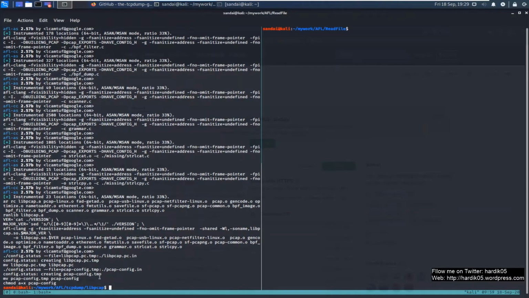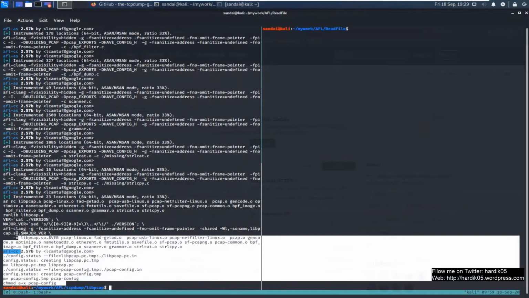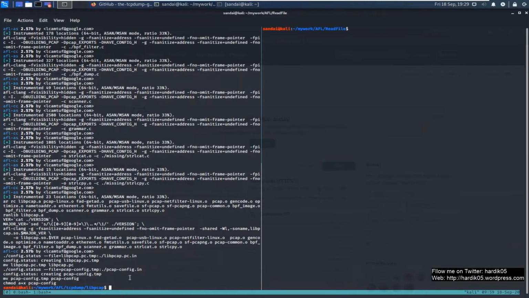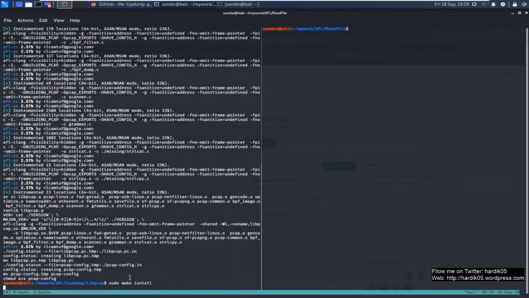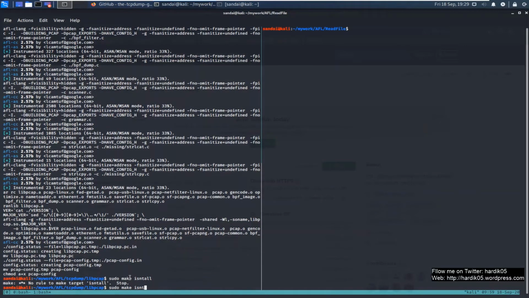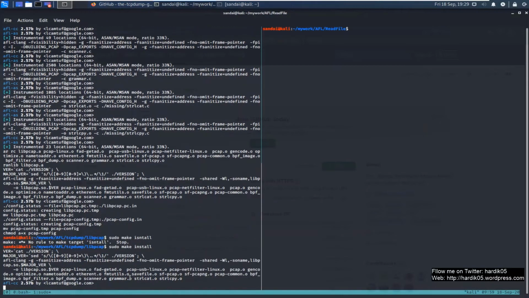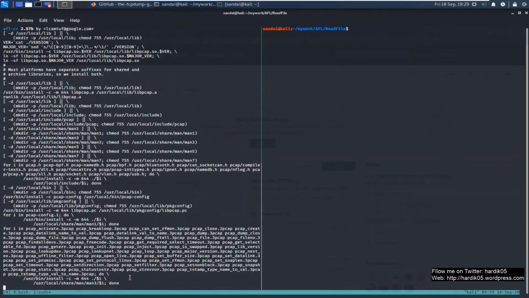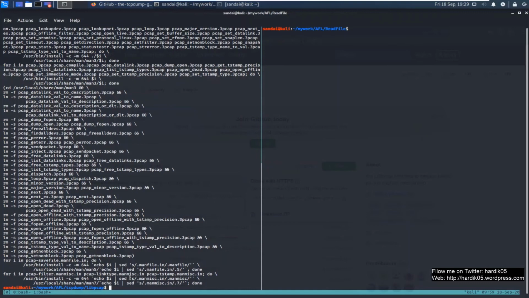Okay, so you can see over here that the make was successful, and now let's go ahead and do a make install so that it will install the library on our system. Okay, it has installed.